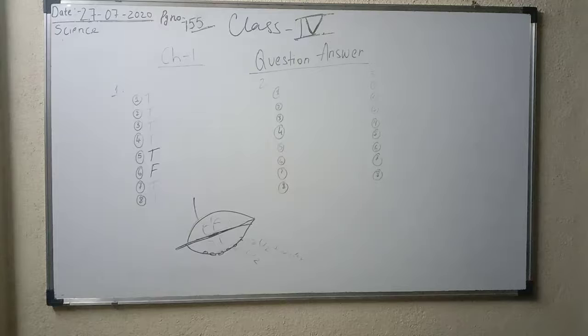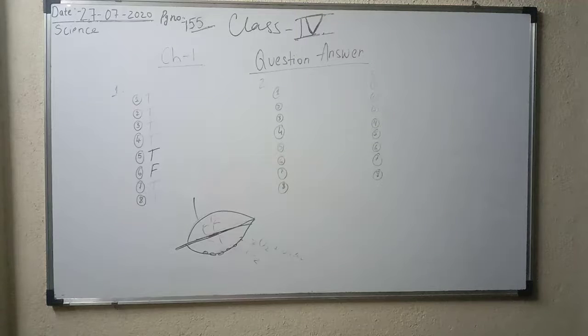Now come to question number 7: mushrooms do not have chlorophyll. Yes, when we were studying unusual plants, they are called unusual plants because they do not perform photosynthesis and they don't have a green color. They are not rich in chlorophyll. As they don't have green color, they don't perform photosynthesis, which means they will not give us oxygen. That's why they are mostly considered unusual plants. So yes, the seventh one is true: mushrooms do not have chlorophyll.